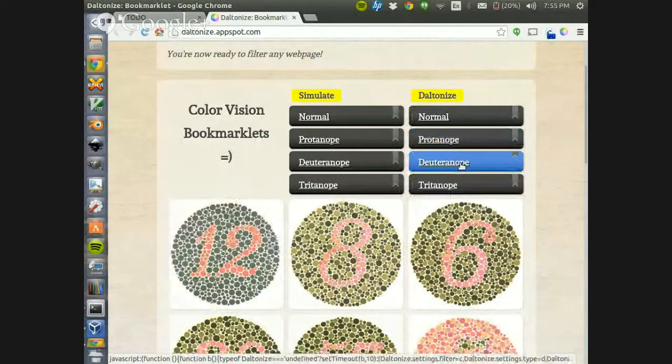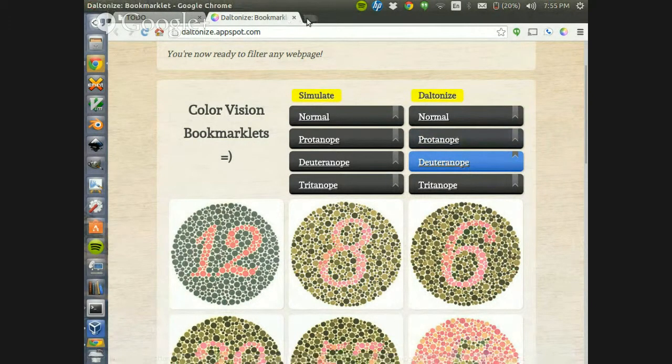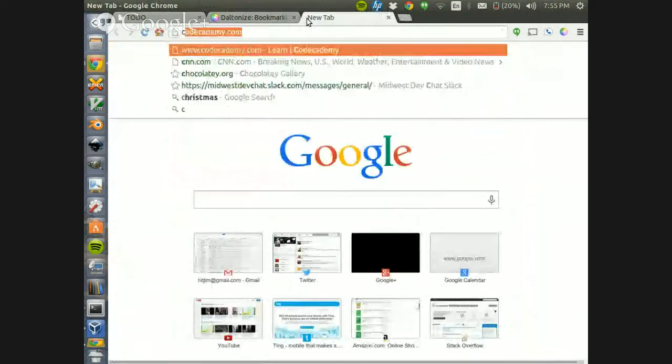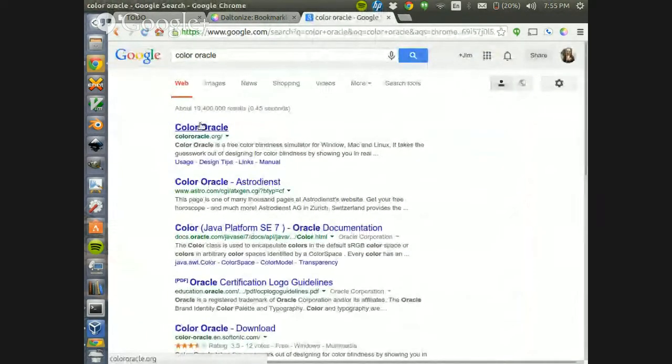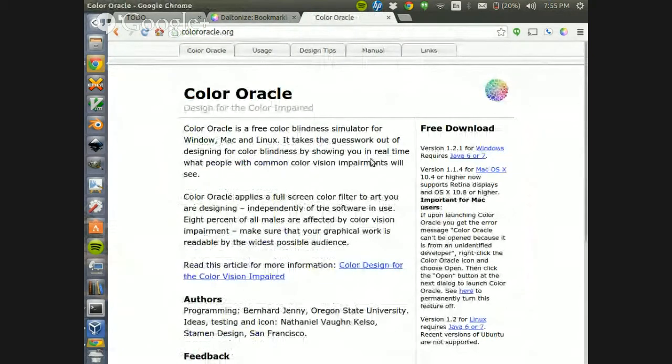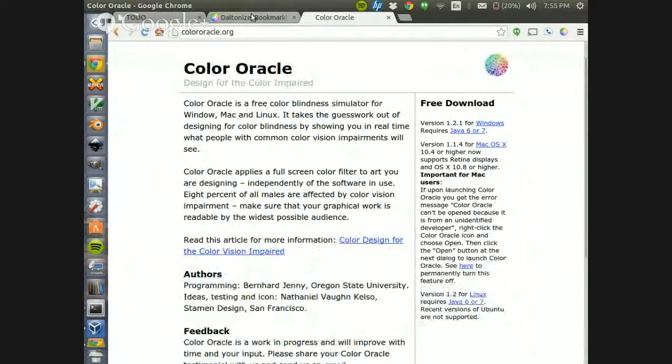Another question: for non-web developers who want to be able to preview something that's a native app or something they're working on, there is a tool called Color Oracle that works on Windows, Mac, and Linux, and it does previews of the most common kinds of color blindness and some rare kinds. Nice. Yeah, I hadn't heard of that one. It was one of the ones linked to by that Borderlands article.